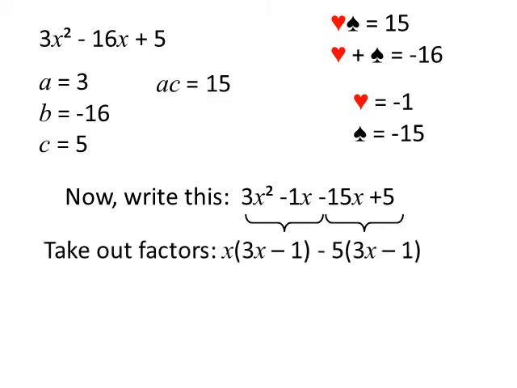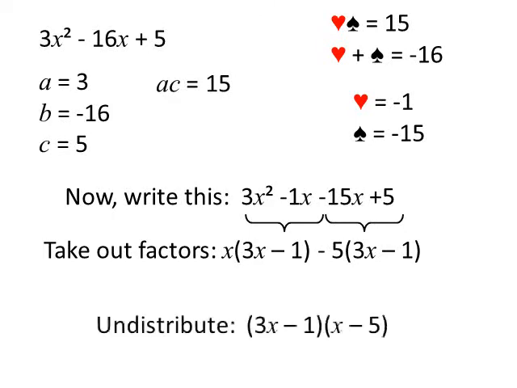So like I said, with the first two terms, when I take out an x, I'm left with 3x minus 1. And on the second two terms, when I divide both by negative 5, I'm left with 3x minus 1. Now I factor what's left, and you can see the x times 3x minus 1 minus 5, and then parentheses times 3x minus 1. Both of those terms have the 3x minus 1 parentheses, so I can remove that,